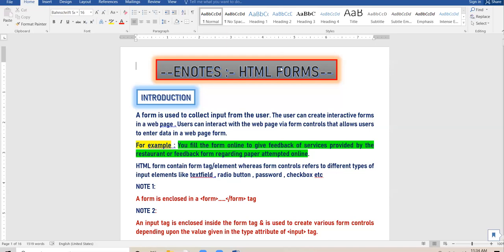How does the form look? Some labels are there, some text boxes are there where you fill the information. Name, then one box is there, age, one box is there, class, father name, mother name, address, city, state, mobile number, Aadhaar number, email ID, password. Okay, so after all these labels, you see a long box where you actually enter your data.